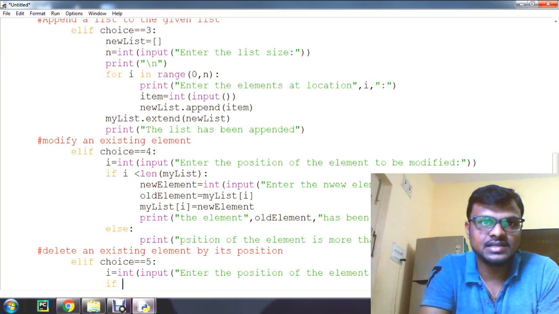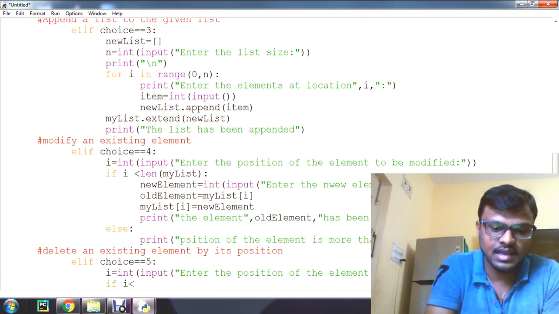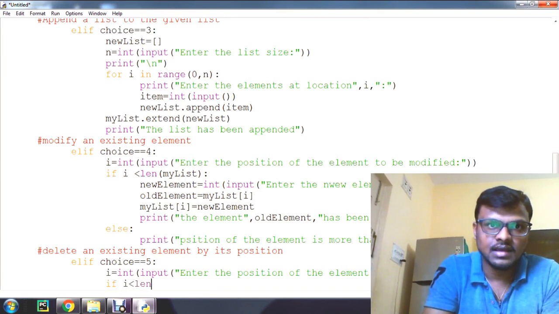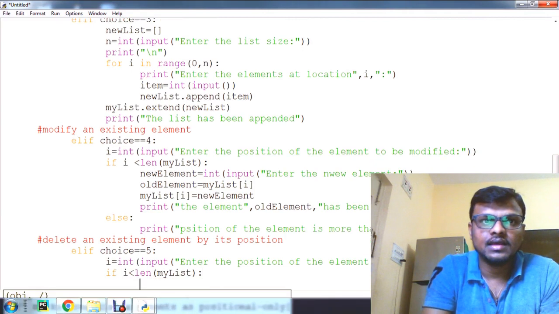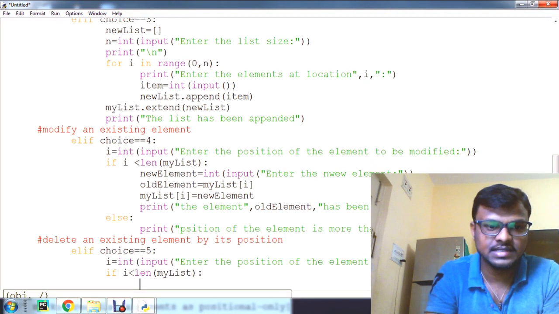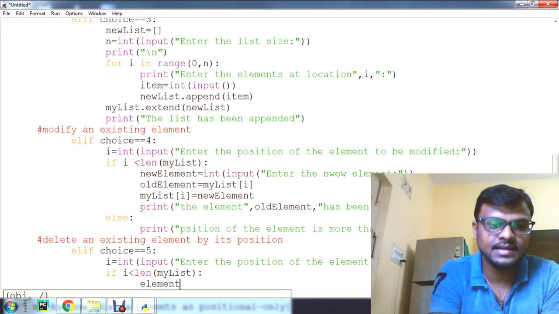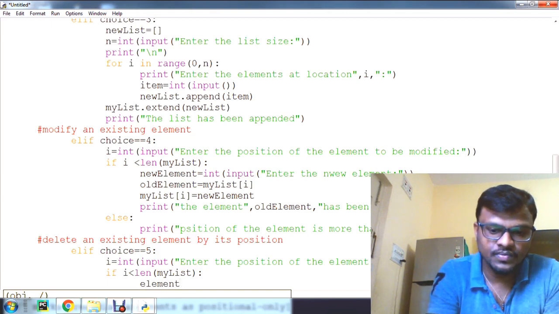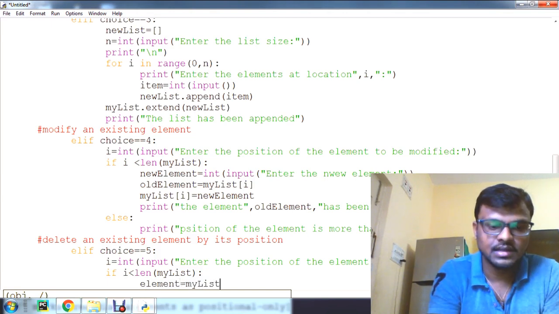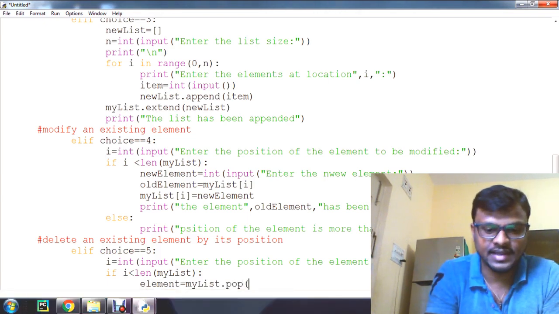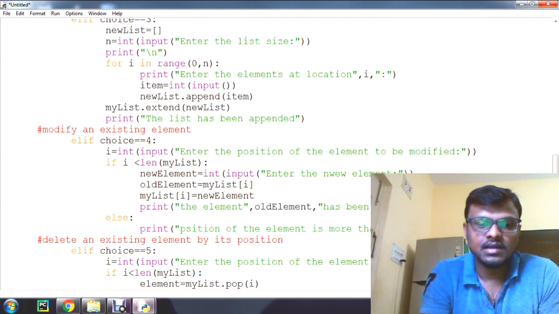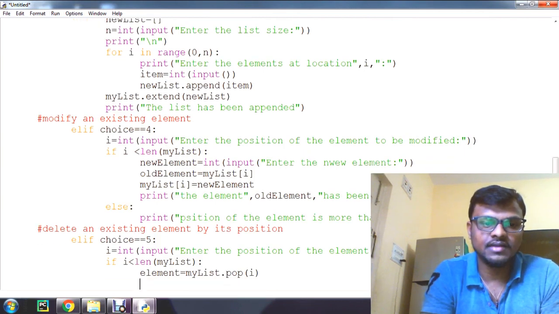Now check the if condition, if i is less than len of my list, what I should do: element is equal to my list, then we can directly use the built-in function pop of i. It will delete the element at the defined position.